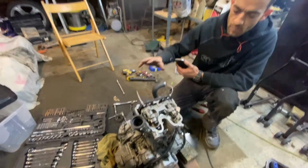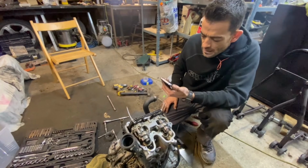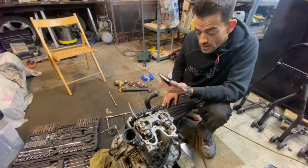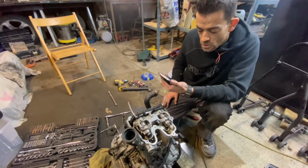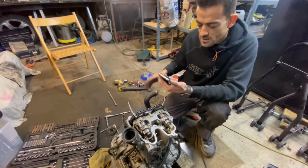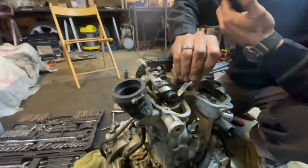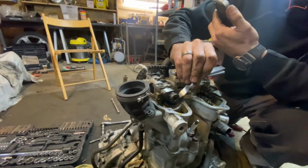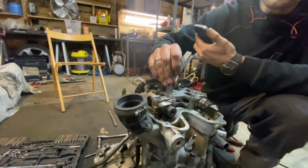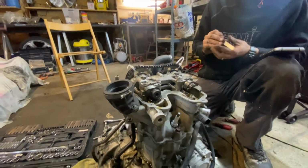So we're now at the point where I want to double check our shim clearances or our valve clearances. The inlet valve clearances should be anything from 0.03 millimeters to 0.11 millimeters. That's the minimum and maximum range, and we are just with a little bit of pressure getting in underneath there. If I go one size up, I can't get in there. If I go one size down, I'm in there. So I've got a clearance of 0.04, which is well within spec on my intake camshaft,